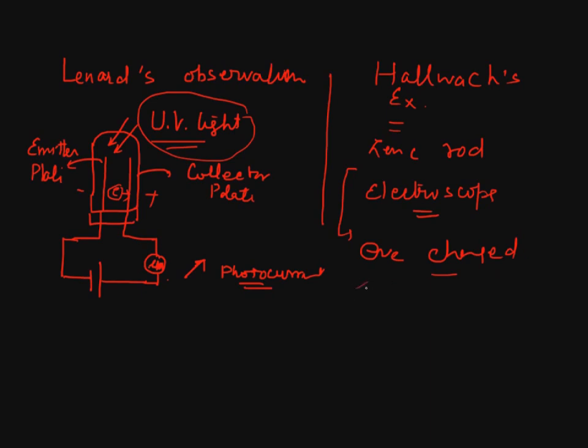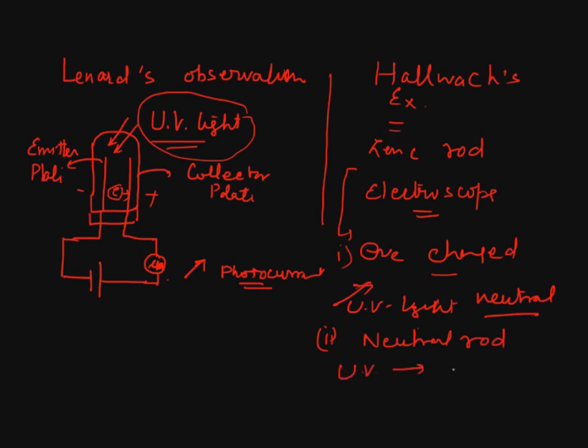So जब इसके ऊपर लाइट गिराया गया, जब यूवी लाइट गिराई गई तो क्या हो गया, ये न्यूट्रल हो गया, मतलब there was no charge. And when this was neutral in the second case, that was the first case, and second case when it was neutral, there was no charge on the rod, तब जब यूवी लाइट को उसके ऊपर गिराया गया तो देखा गया कि वो पॉजिटिवली चार्ज हो गया. थर्ड केस में when this was positively charged and then UV light was made to fall on it, then it became more positively